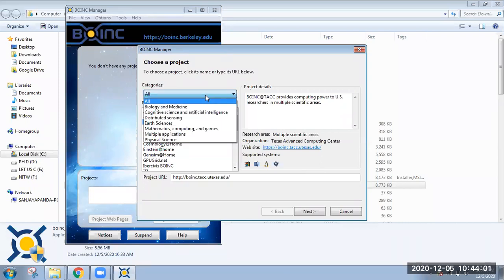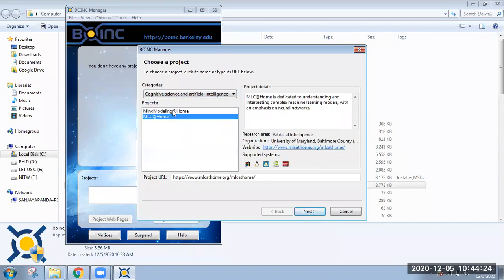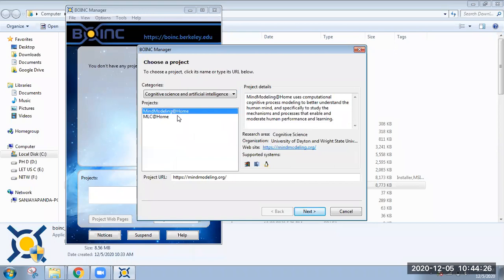You can also select your category here, whatever we discussed now. The projects are categorized into these categories. One is biology and medicine, another is cognitive science and AI, distributed sensing, earth science, mathematics computing games, multiple applications, physics and astronomy. So these are the various projects. If you select only, let's say, AI projects, you are seeing there are two types of cognitive science AI projects available.